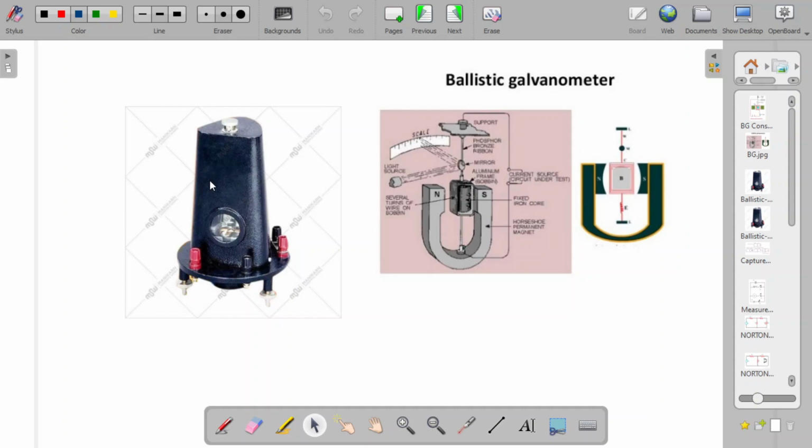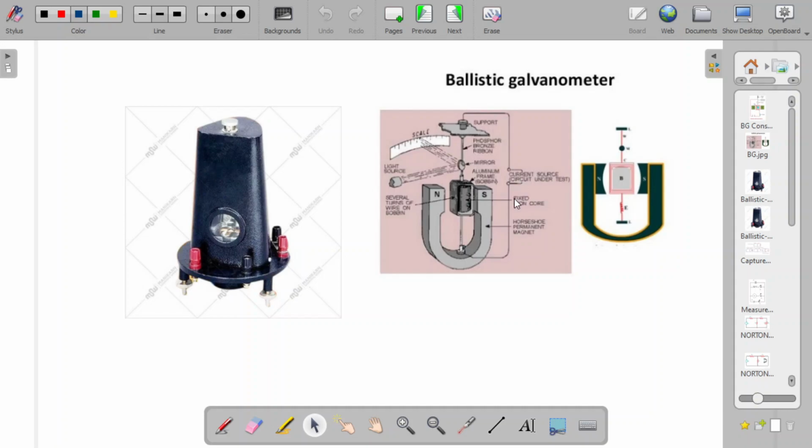Okay, so we cannot see what is inside that. Inside is something like this: you have a suspension fiber, and through the fiber you have the mirror attached to it, and then it goes to the coil, which is wound on a non-conducting frame. This is placed in a north-south magnetic field like that. Okay. So we discussed how it works.